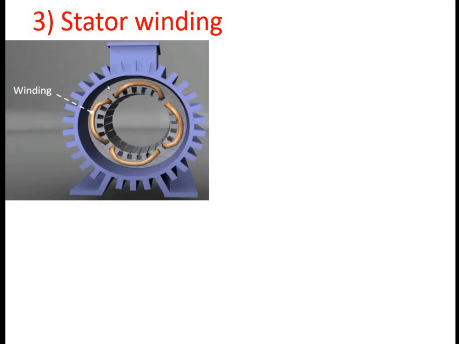The stator windings are going to be placed inside the slots of the stator core. In the stator core we have seen the slots on its inner periphery, and these slots will be of three types: open type, semi-closed type or closed type. In this picture we are seeing the semi-closed type of slots, and since we are talking about a three-phase induction motor, we require at least 3 windings. Per each phase we require a single winding.